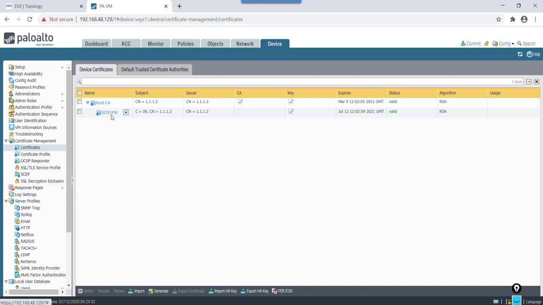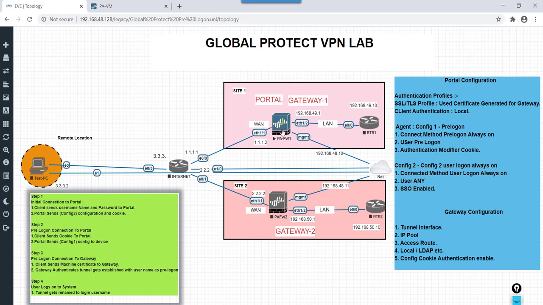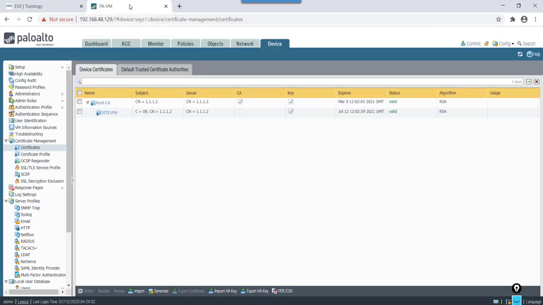One is the root CA, and this root CA signed this certificate for firewall 1. So for this firewall, it is acting as portal and gateway. We used both these certificates. Right. Now, the next thing that we need to do is map these certificates for portal and gateway. In this case, this server certificate that we have created here, we will use for both